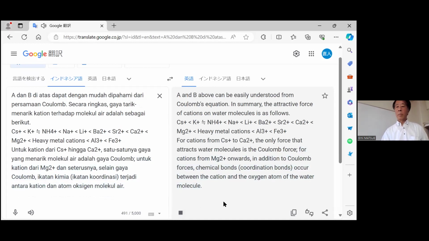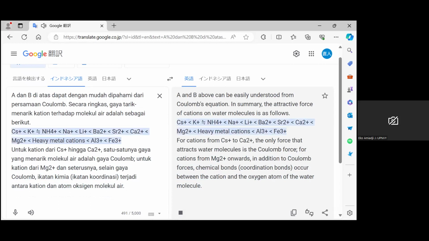A and B above can be easily understood from Coulomb's equation. In summary, the attractive force of cations on water molecules is as follows. Cs+ < K+ ≈ NH4+ < Na+ < Li+ < Ba2+ < Sr2+ < Ca2+ < Mg2+ < heavy metal cations < Al3+ < Fe3+. For cations from Cs+ to Ca2+,